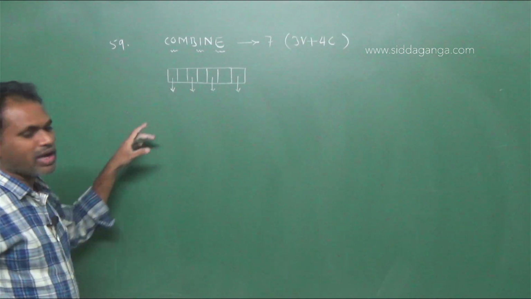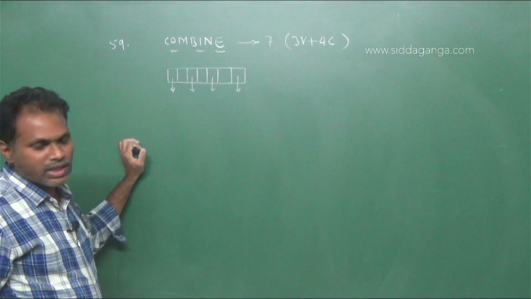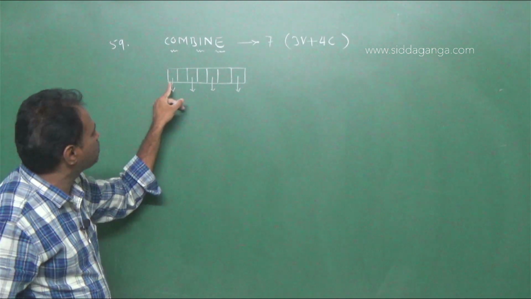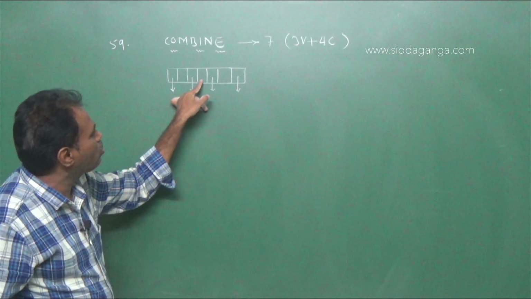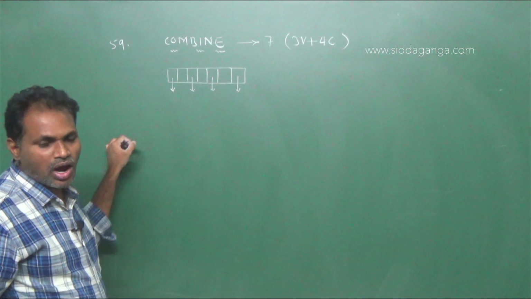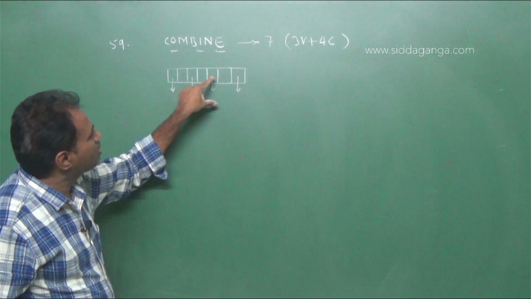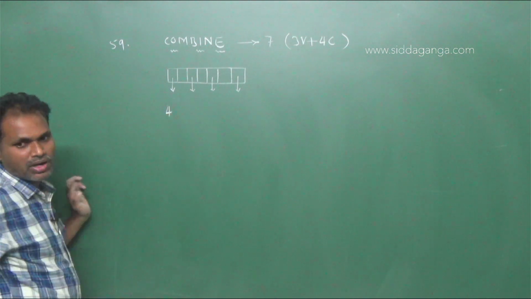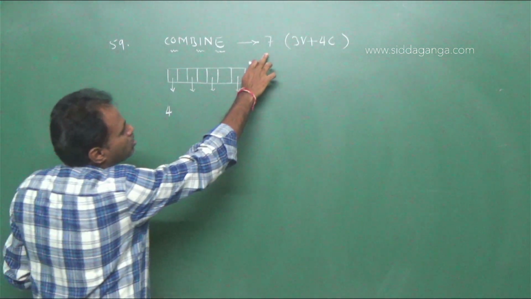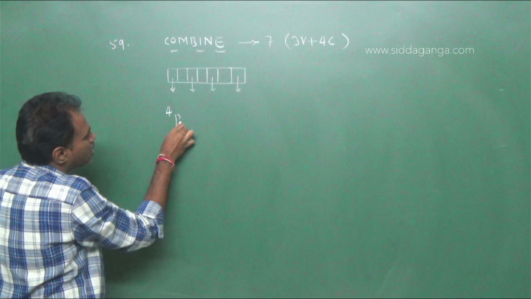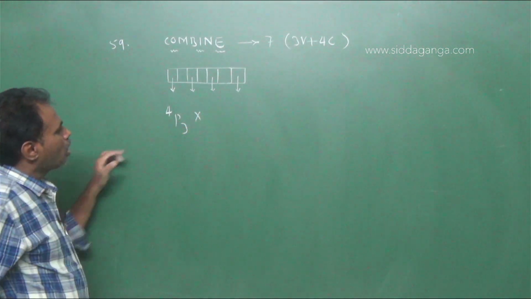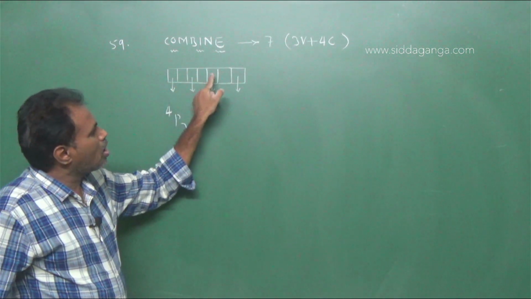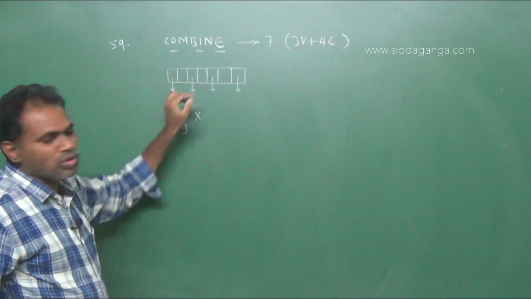Now, you have to fix the vowels in odd places. Here the available places are first, second, third, fourth, fifth, sixth, seventh. Odd places are 1, 3, 5 and 7. Total odd places are 4, but vowels are 3. Therefore, 4P3, out of 4 odd places, 3 vowels are fixed.